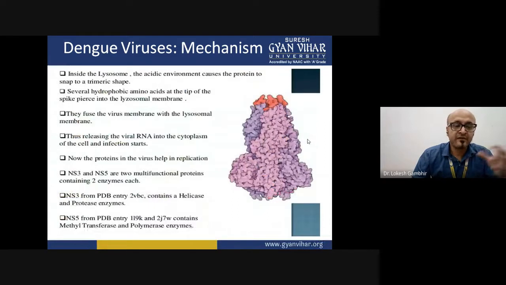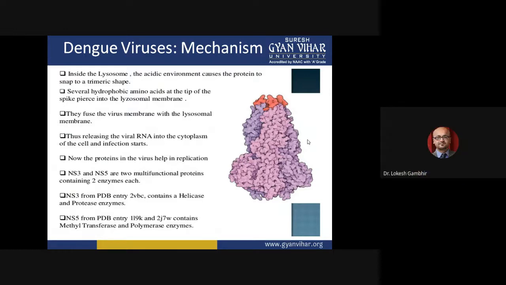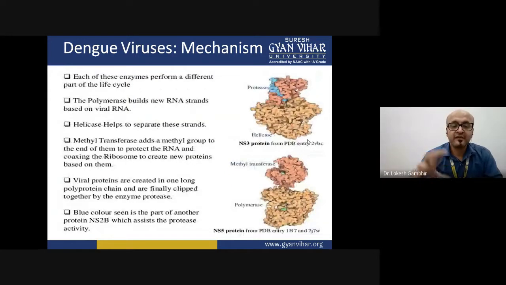Now, the things which we have discussed here, inside the lysosome, because of the acidic environment, there's a conformational change in the protein, and that conformational change is actually pH dependent. That's the major part of the transition that we are talking about, from immature to mature, and the complete structural part of these proteins has been illustrated and is present in the literature. So that is how the complete